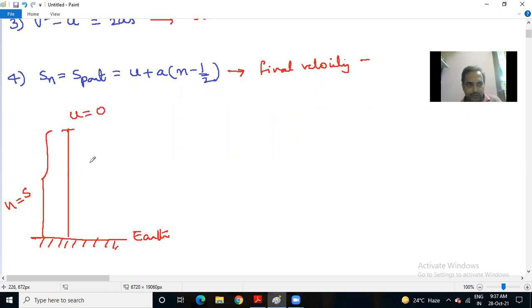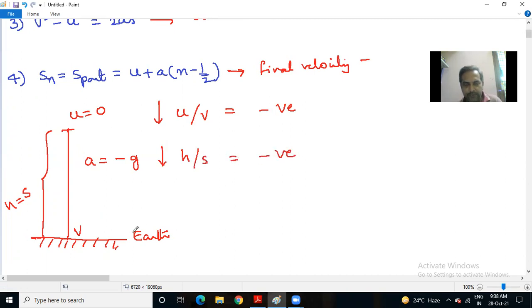It moves down because of acceleration, but it is by the gravity, by the earth. So that is why A is permanently negative. Here, it attains final velocity when it touches the ground. Now you follow sign convention before we write the equations of motion for a freely falling body. While coming down, initial velocity or final velocity, assume negative. Then while coming down, height or displacement also assume negative.